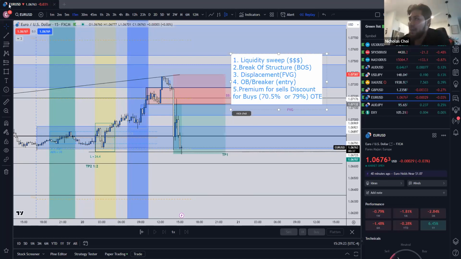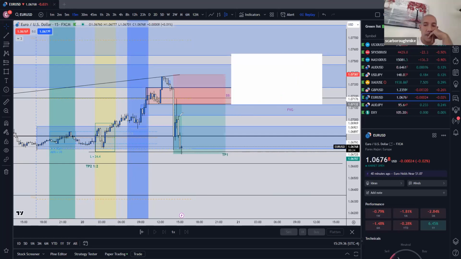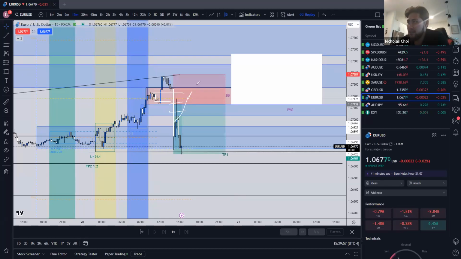What I was talking about is if 3 PD arrays fail, then it's more than likely not gonna respect that range. If we're looking at this range over here, if there was a fair value gap here, the breaker and the order block, if it trades through the fair value gap, that's essentially strike 1. It trades through the breaker, that's strike 2, and then not the whole order block, but 50% of the order block. If it trades through 50%, then more than likely this is gonna get hit.